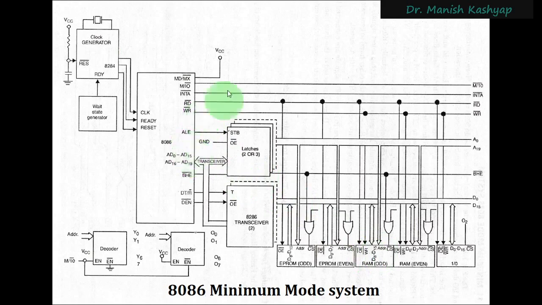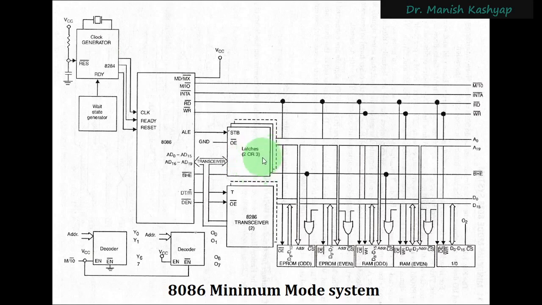The diagram that I have shown you here is on the left half of this particular page, where you have this microprocessor, clock generator, then you have these latches. Three latches will be used for the 8086 system, two latches will be used for the 8088 system. So this 2 is written for 8088. We are not bothered about that. We only care about this 3 because in 8086, we have 20-bit address lines.